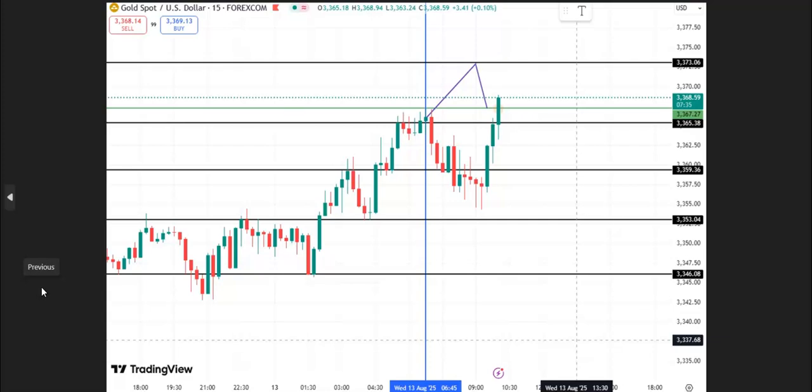This daily analysis is for yesterday's trade, Wednesday, August 13th, 2025. Let's jump right into it. This is basically our Forex chart of what the market looked like yesterday around the time we got in for the trade. As you can see, this blue line is where I place my line for